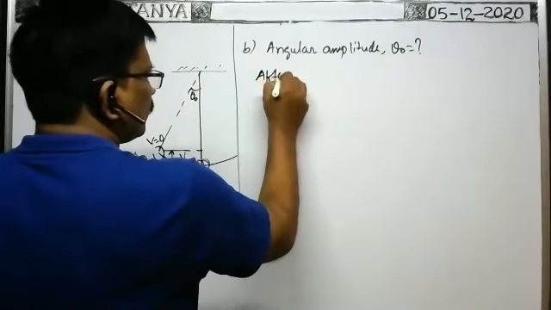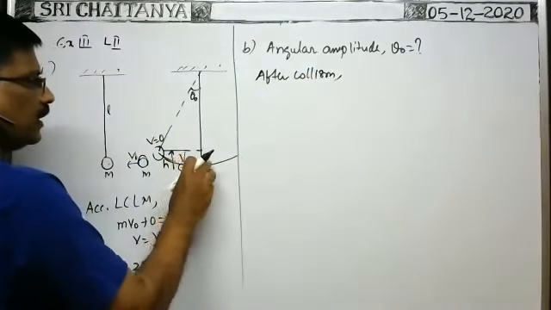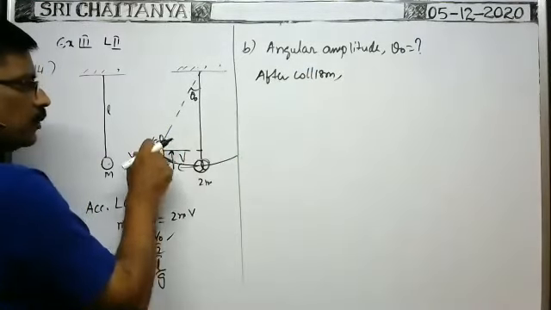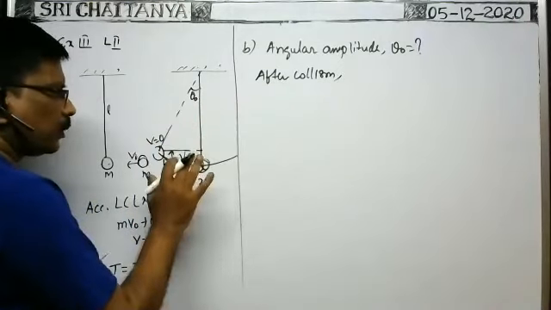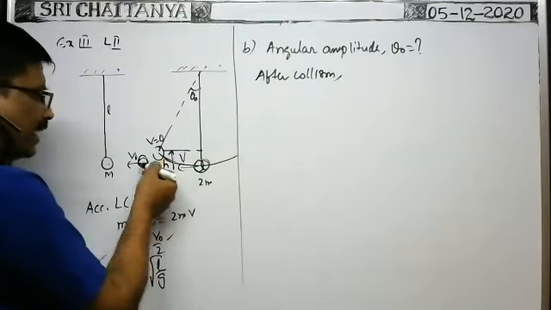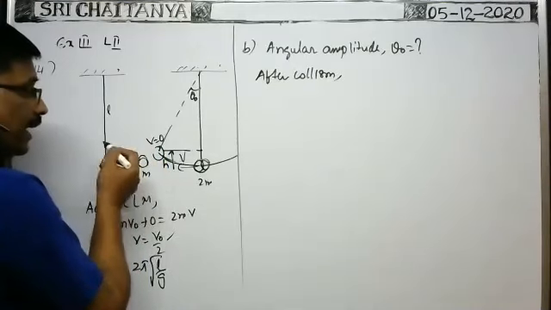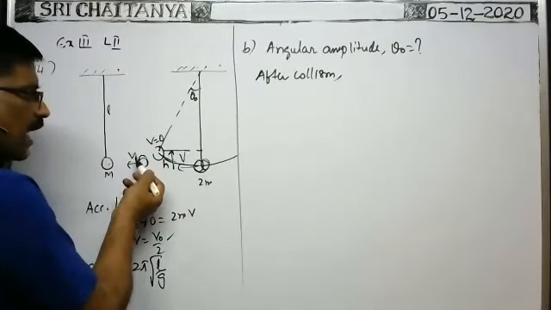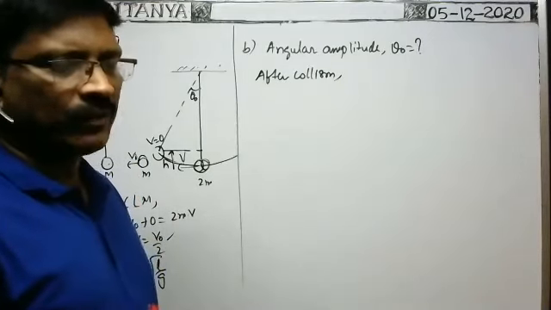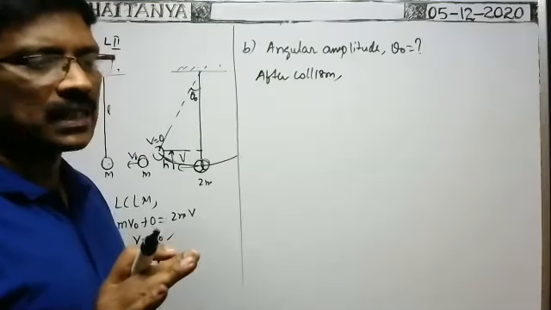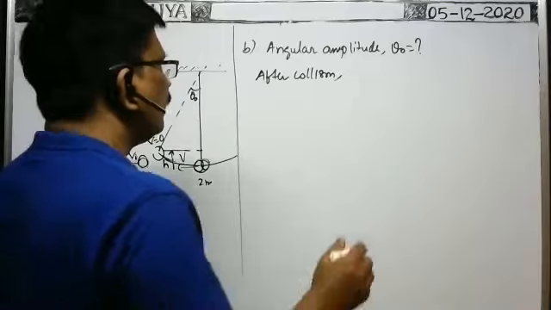After collision, there is no further collision, so when the combined mass travels this way, the conservation of energy principle is applicable after collision. Before collision, conservation of energy is not applicable, because at the instant the sphere makes collision here, an inelastic collision takes place, since after collision it sticks to it, no? In case of inelastic collision definitely energy is lost. That's why only after collision we can apply the law of conservation of energy, but before collision we should not apply.